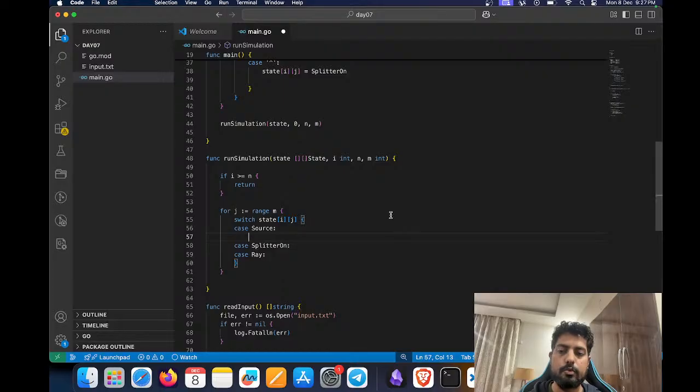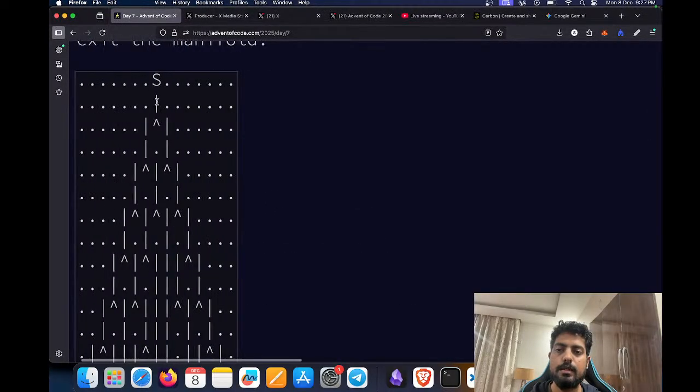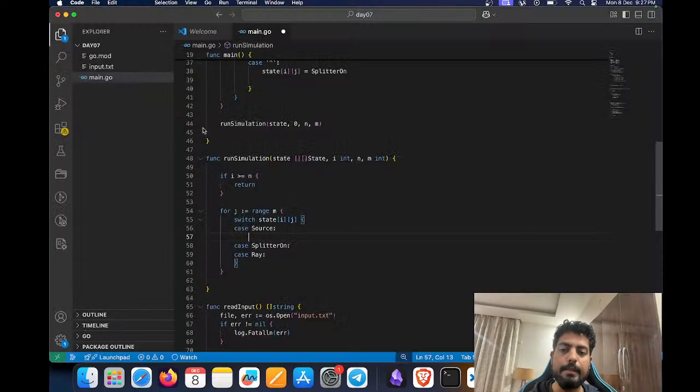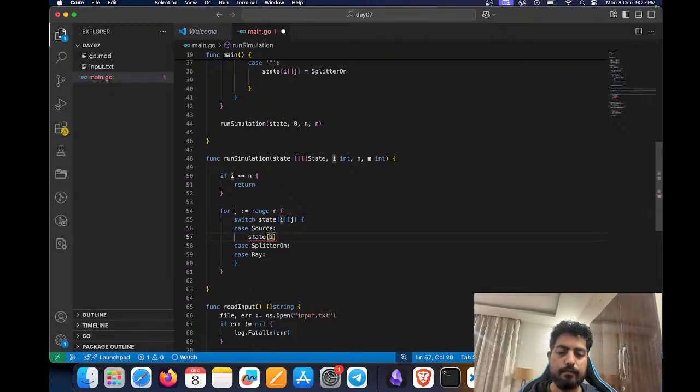If it is a source, then we can just update the state downwards. For example, if this is our source, just below the source we will now have a ray. Initially it was empty, but now we have a ray because the source has started emitting this beam. I can just say state i plus 1,